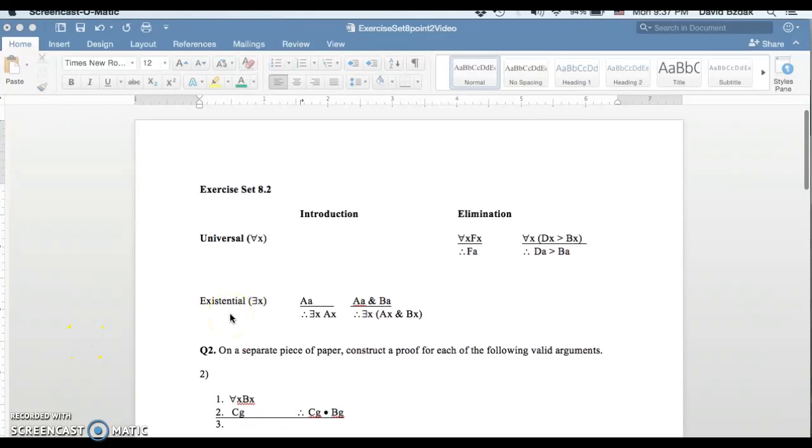This is exercise 8.2, and we're going to do some problems from Q2. With Q2, there's two new rules introduced. If you remember back to the sentential logic, each operator had an introduction rule and elimination rule. It's going to be the same for the quantifiers. So the universal quantifier will have an introduction rule and elimination rule, and the existential quantifier will have an introduction